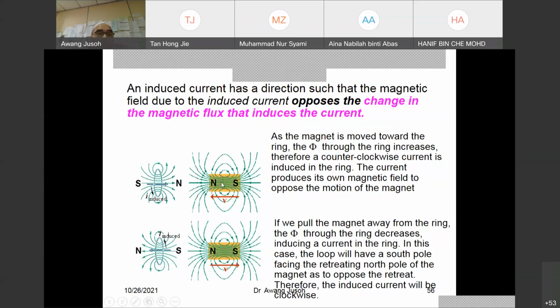Now we move this magnet, with its north and south pole, towards the coil, to the left, with speed V. You can see the direction of V. When we move toward the left side, the magnetic field is changing. When the magnet moves, it cuts the conductor. Based on Faraday's law, it produces voltage. Now we have voltage there.